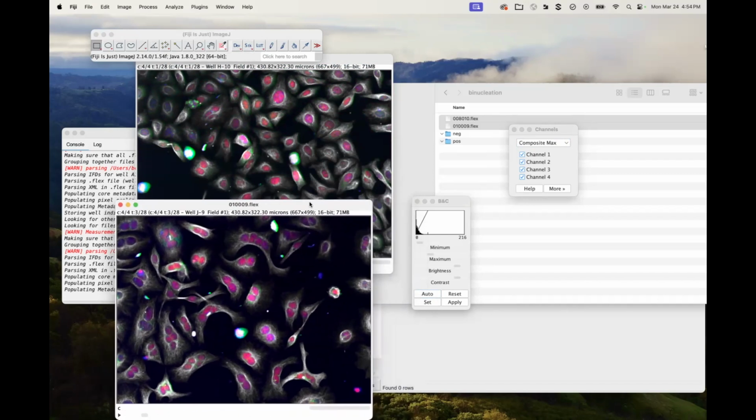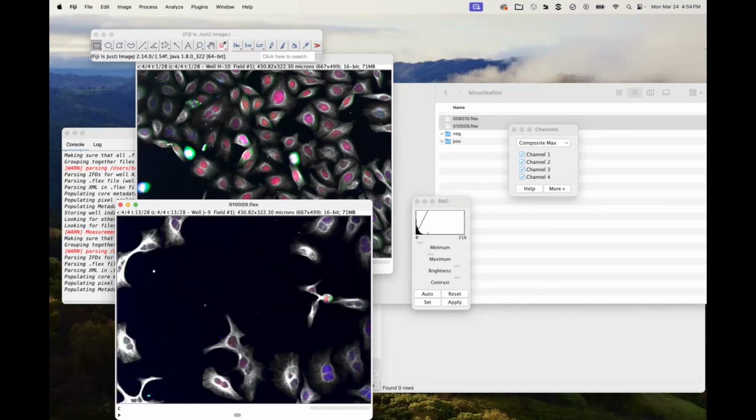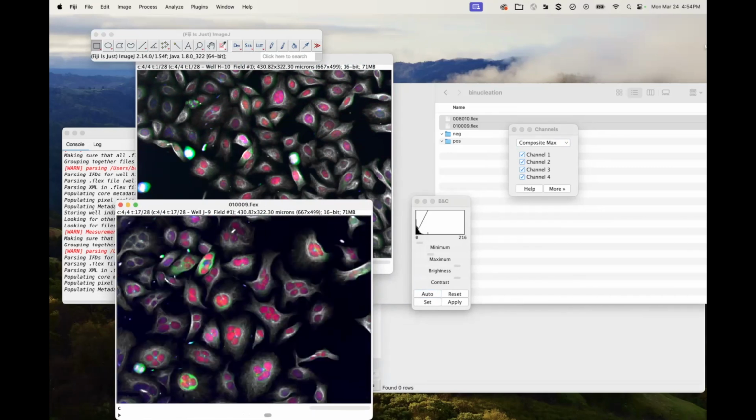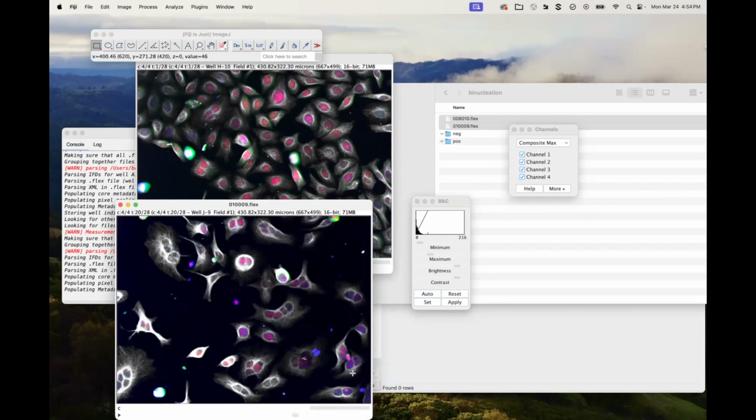And I think an important thing to point out here is we're not changing the data, the underlying data itself. Super important point. What we're doing is just changing how it is being shown to our eyes. So our eyes can see now clearly the patterns that are happening in these cells, but the underlying data has not been changed by adjusting this right here. Yeah, absolutely. I can change it if I want. If I hit this apply button, it will apply it, but it will warn me before it does that. But I don't want to do that because again, we're really just trying to get a sense of our data here.